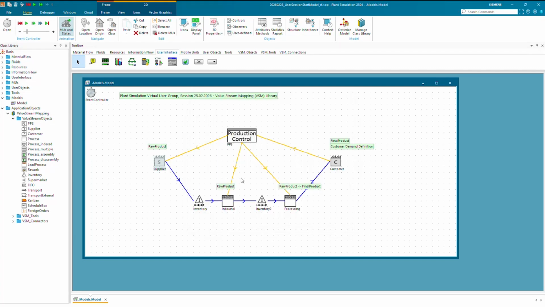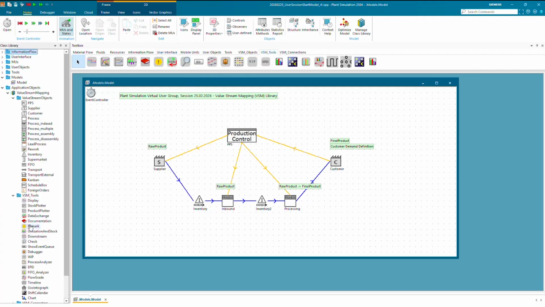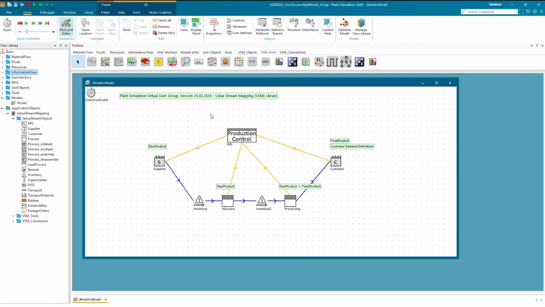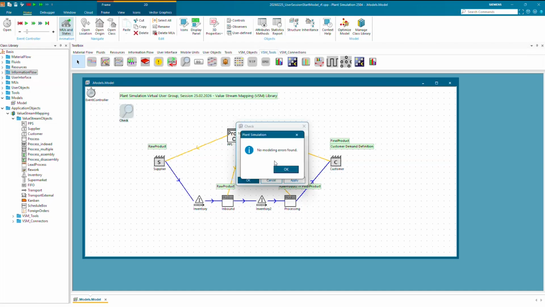All right, so with that, we always made sure that the product transitions are correct. So we have assigned products, we have assigned attributes, etc. And for this, and to have this correct, the library has also some tools available, and one of them is, for example, the check tool, which now can be executed and say, okay, there is no modeling errors found.